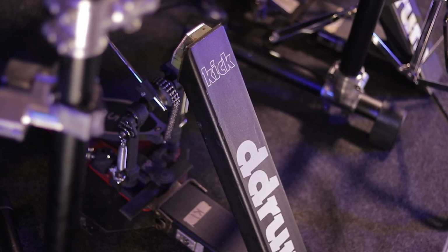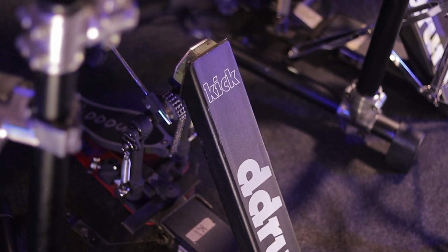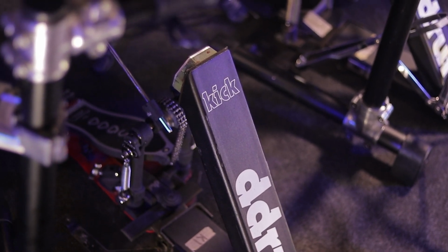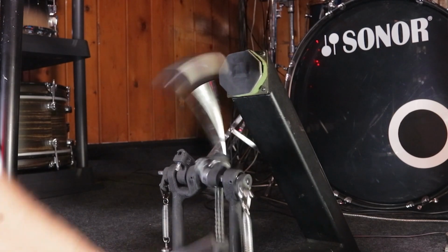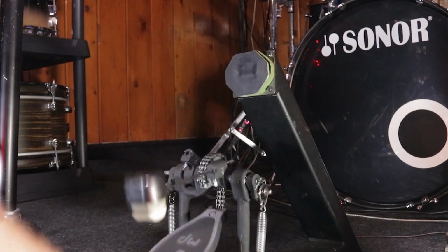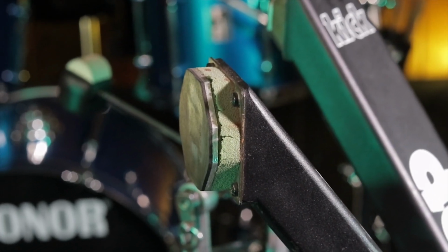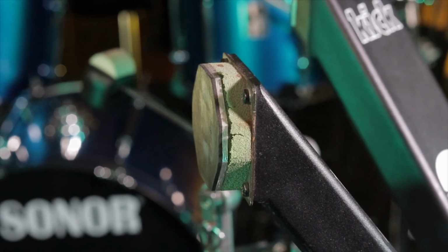It is solid metal. But I do believe I'm missing some floor spikes because, despite the weight, my kick drum was sliding all over the place when I was playing on this. But they do have a very surprisingly solid feel to them. You have to use felt beaters though, because they are incredibly loud unless you're using felt. The playing surface is a very thin slab of rubber covering a metal plate, which is sitting on a foam